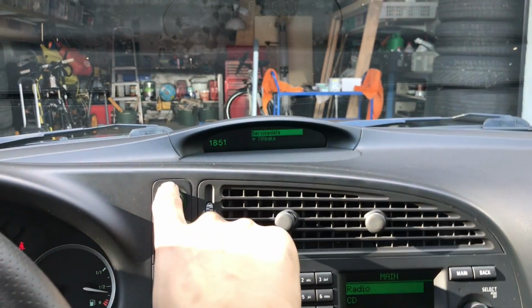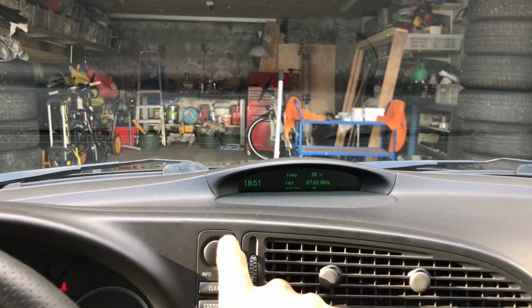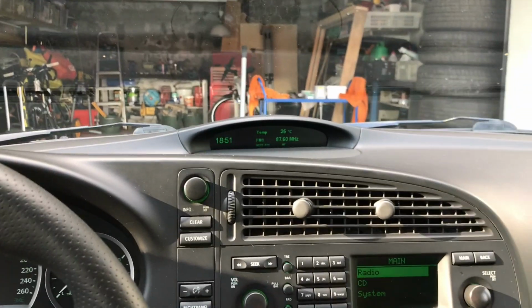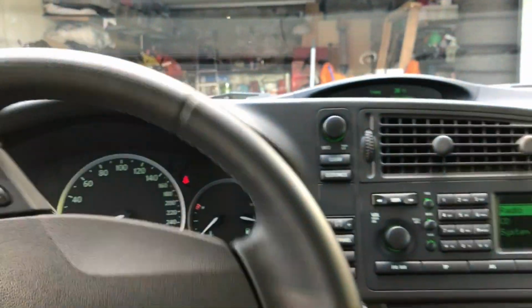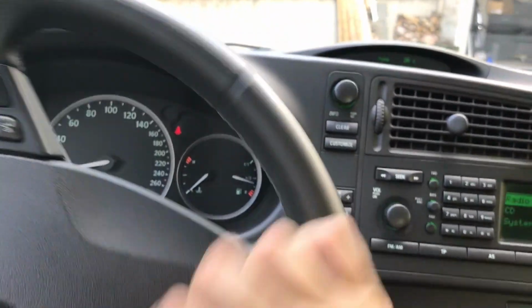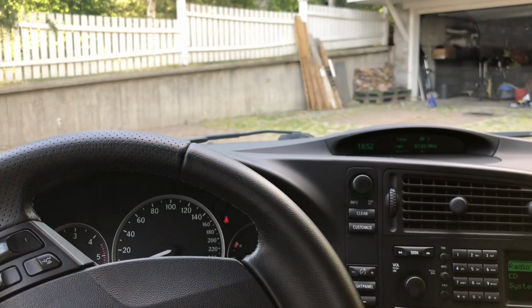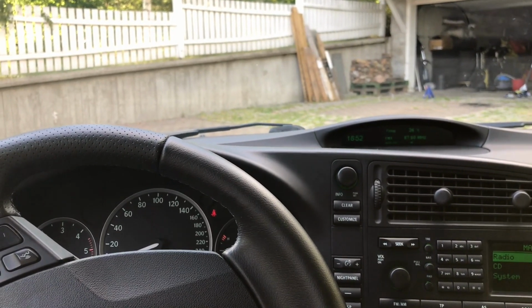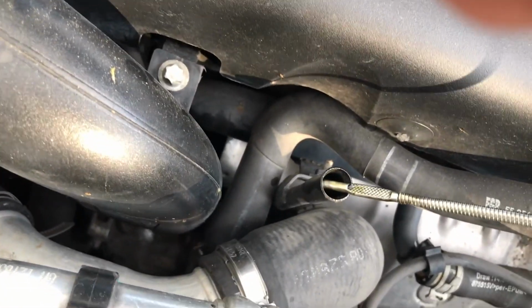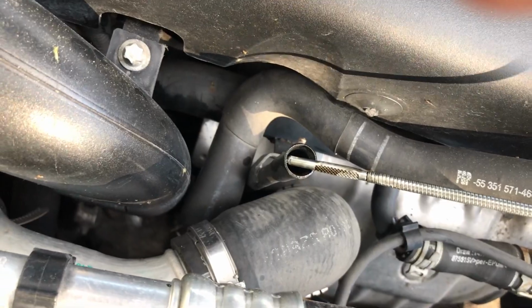For 1 second there you will have a message saying that you're low on oil, but it disappears within half a second, so it's not a problem. I know there is oil in the engine, so then I will have the engine on for a little bit so the oil gets thrown around in the engine, and then I will leave it sitting here on flat ground for some minutes, and then recheck the oil and also see that there isn't any oil under the car that has been leaking out. So it seems to be half full, so I will maybe put in a little bit more, but